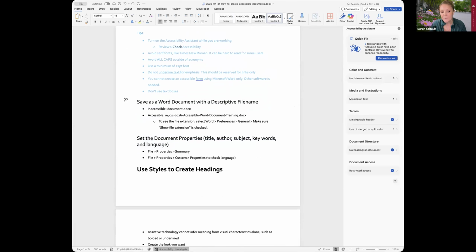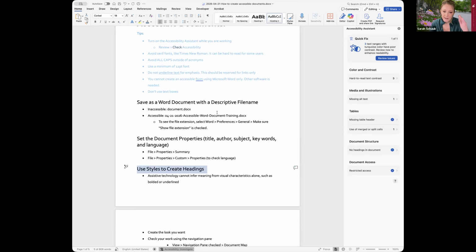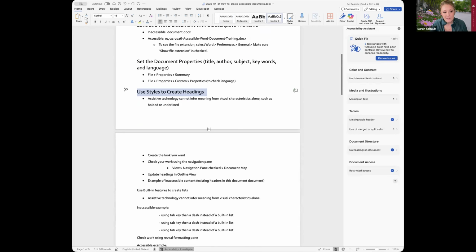The other thing that's important about headers is you can easily generate a table of contents based on the header styles and the header organization at the end of creating your document, which can be really beneficial for longer documents where a table of contents would make it easier to navigate the document. So